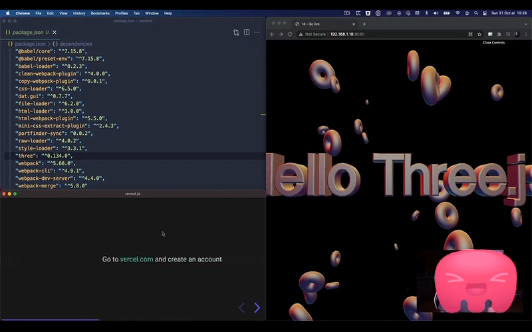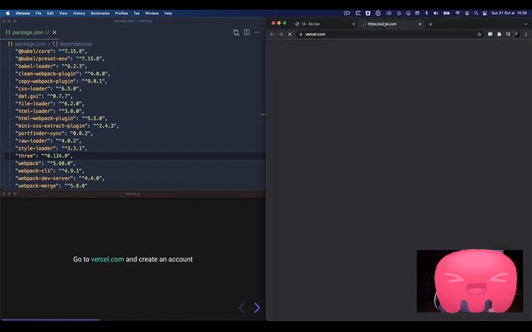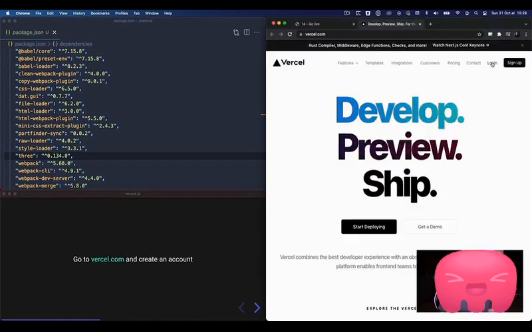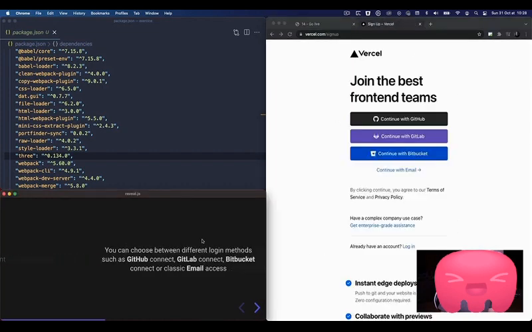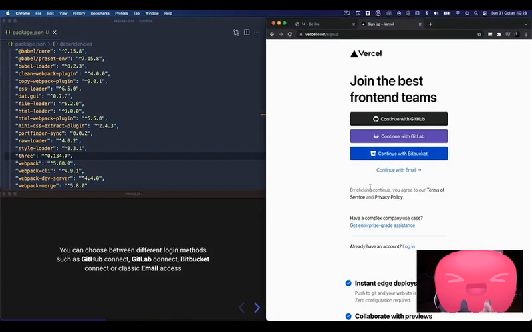Okay, let's go. We can create an account. So if you don't already have an account on Vercel, let's go. Go to vercel.com. And well, you can sign up. So let's go. And you have many solutions, as you can see here. So which solution to choose? We have continue with GitHub, continue with GitLab, continue with Bitbucket, and the small one that you can't see much